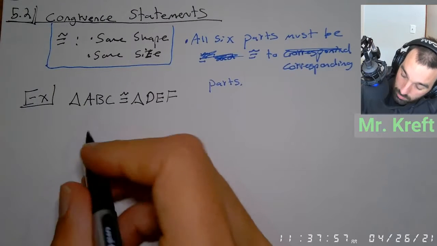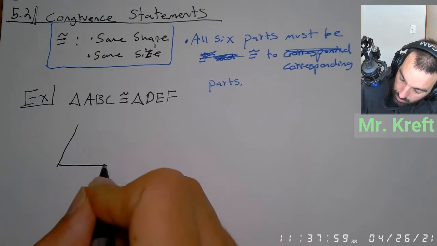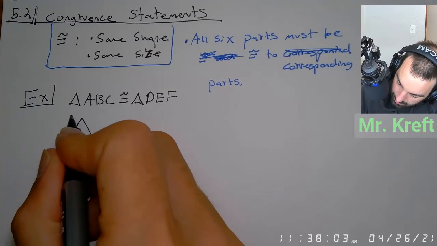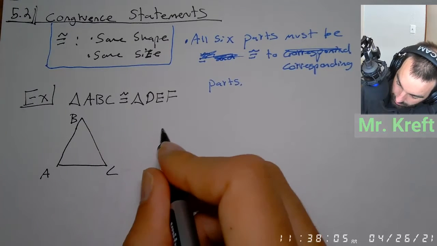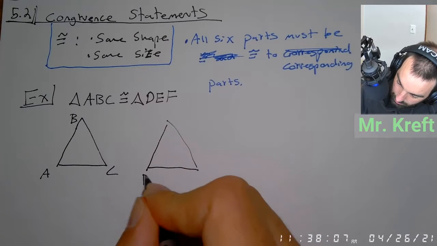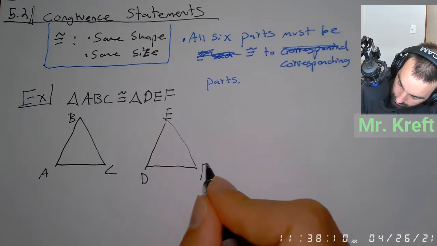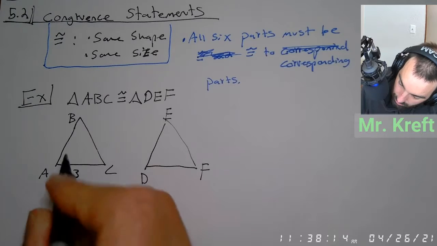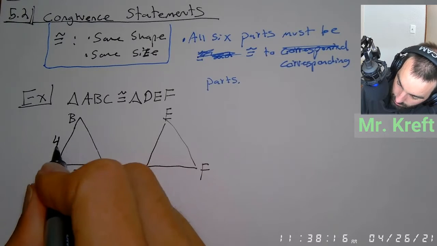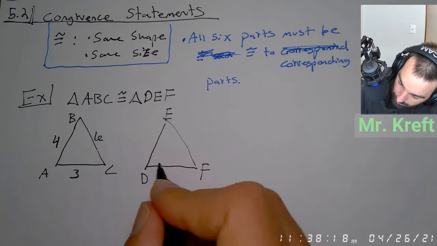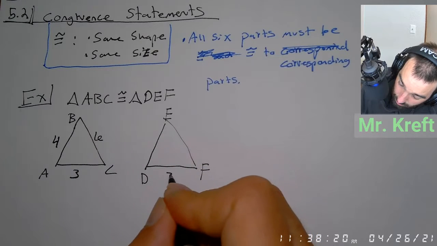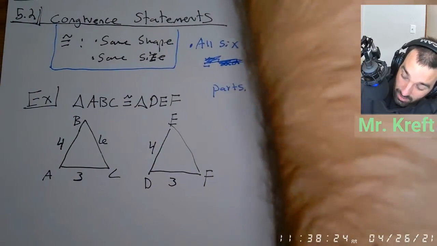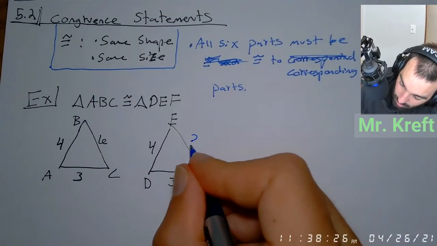So let's say I have triangle ABC and triangle DEF, and let's say this is 3, 4, 6, and then this one is 3, 4, and then we're like, what the heck could this side